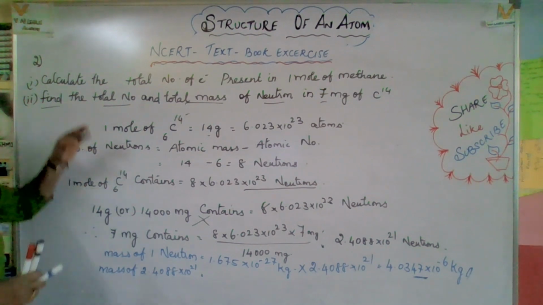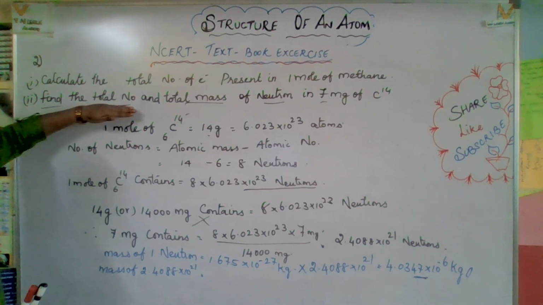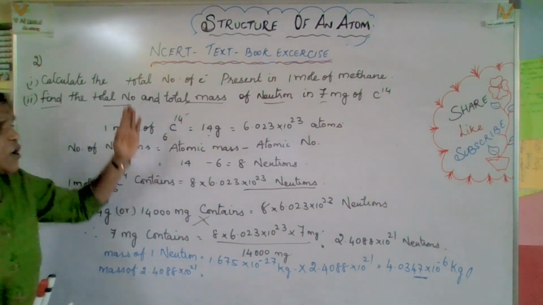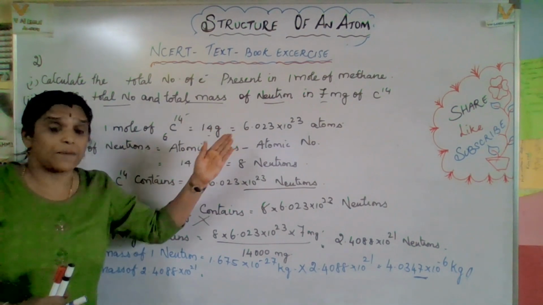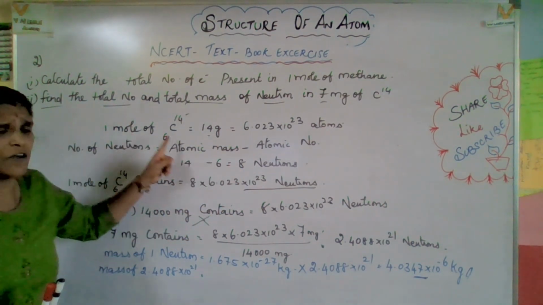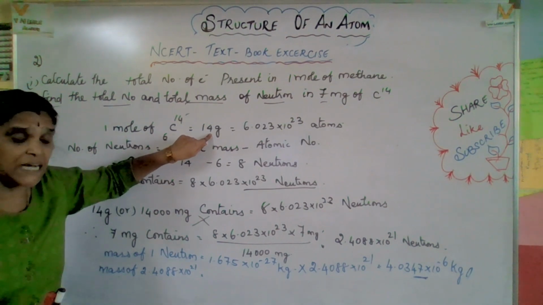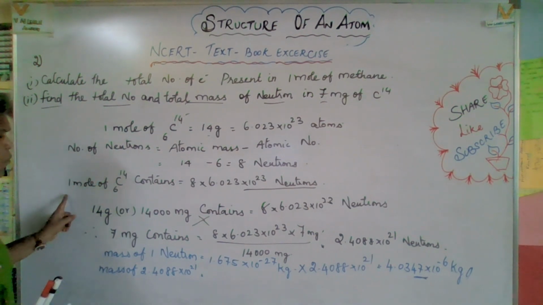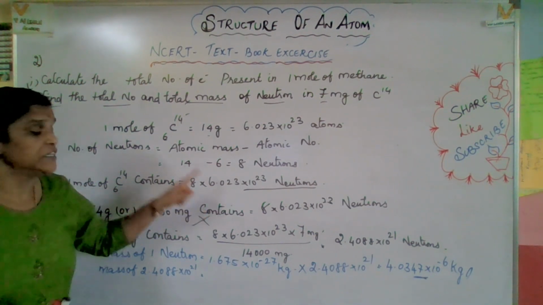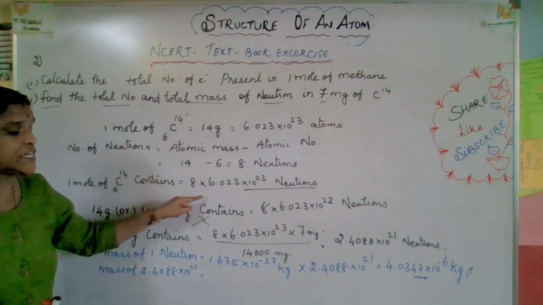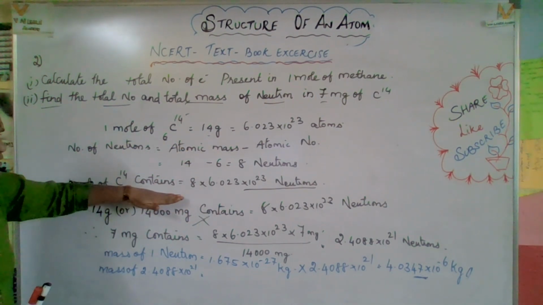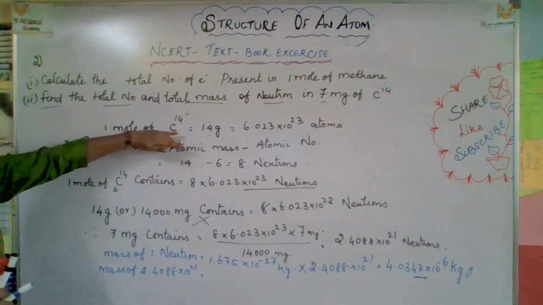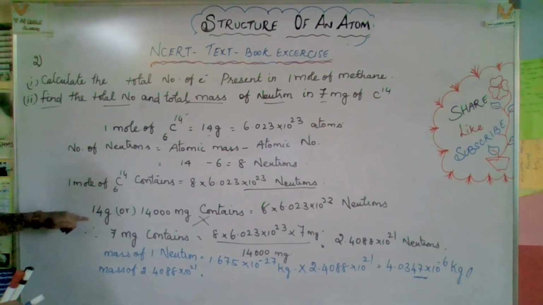Okay, now see the question. It is very simple. Find out the total number and total mass of neutrons in 7 mg of carbon 14. So how do you have to go? You have to go step by step. First and foremost, 1 mole of carbon contains how much gram mass. Then you have to find out the number of neutrons. Then 1 mole of carbon contains how much? That is number of neutrons into Avogadro number. Yes, fine. We got this much. Now we are going to see the mass. So mass means what? This is mass number. This is atomic number. So 14 gram.